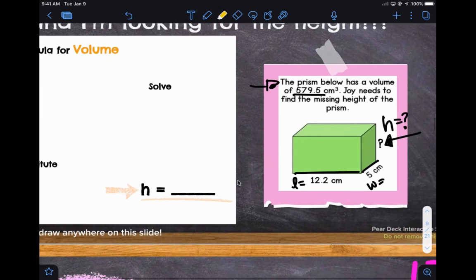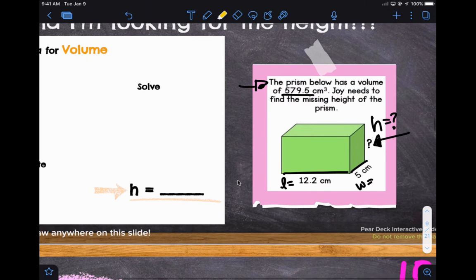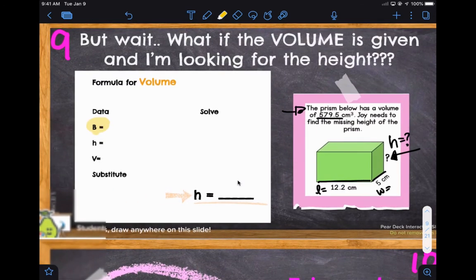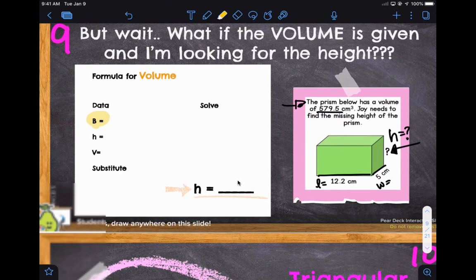What is the area of the base? We would have to say, okay, it's length times width, which is 12.2 times 5. So I'm going to find that first. I'm going to do that on the side, right? Here we write the formula for the volume, which is area of the base times height. But we need to figure out the B. B is length times width, which will be